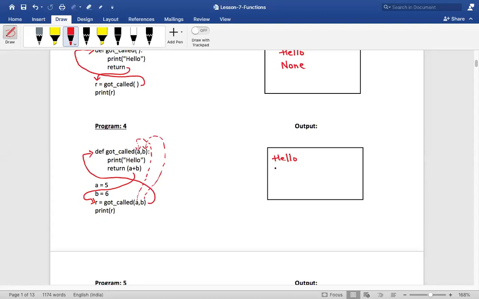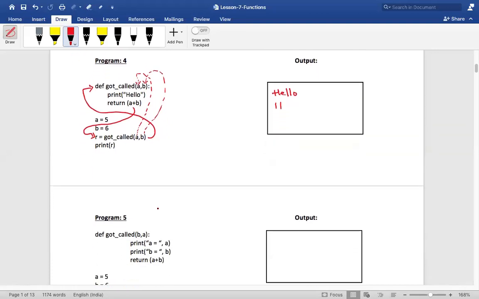So what does it print actually? Hello and 11. Am I right, my dear friends? Did you understand this? You'll be understanding. I am incrementally showing you different parts of the program slowly, so by the end of this chapter, you'll understand everything in detail. Don't worry. Just tell me, did you understand till here? Even though you have a lot of doubts, did you understand whatever I'm saying now? Hold on, and slowly we'll learn all these things. Shall I proceed further?